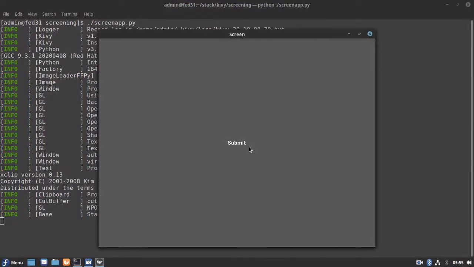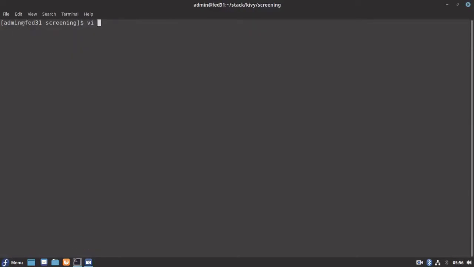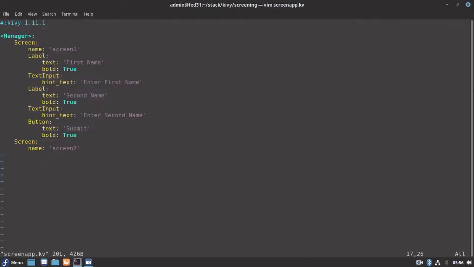Okay, looks like we are just able to see our submit button, because we need to put all these widgets into some layout which we missed out. So let me try to use box layout and place all these widgets. So instead of placing it directly on the screen, we will need to use a layout.